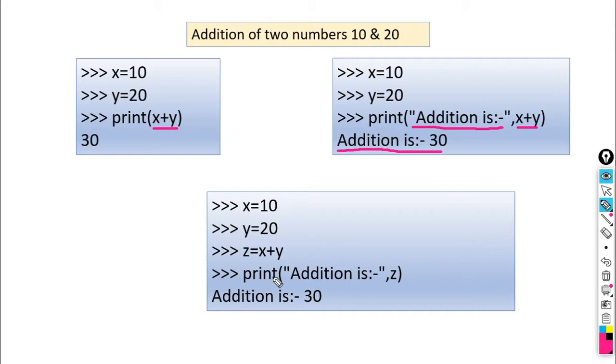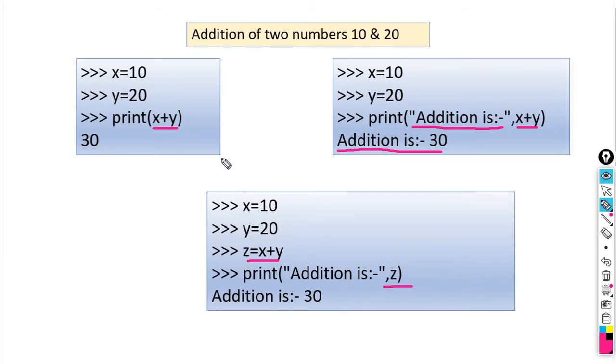And in the third example, what is the new thing here? We stored the result of the mathematical expression in another temporary variable, that is Z, and here we used that Z variable in the print statement.